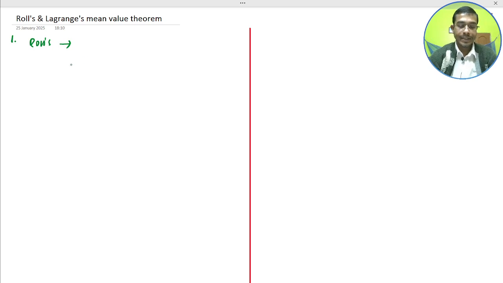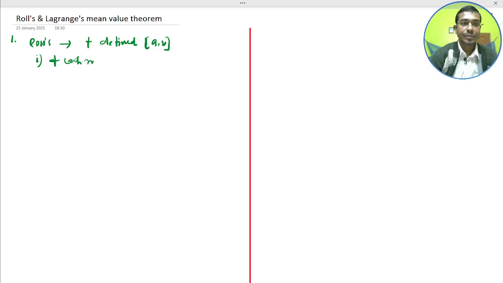If f is a function defined on the closed interval [a, b] such that f is continuous on the closed interval [a, b],